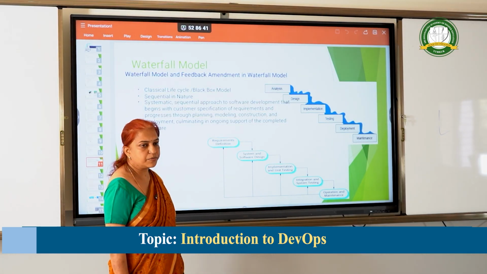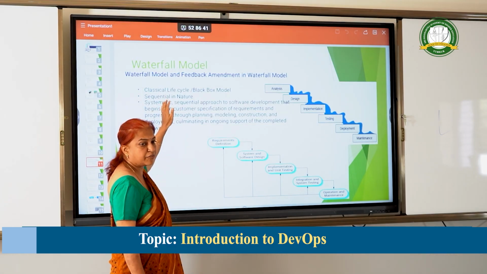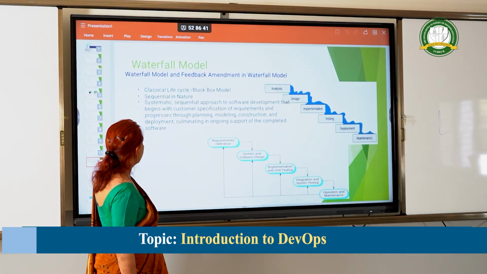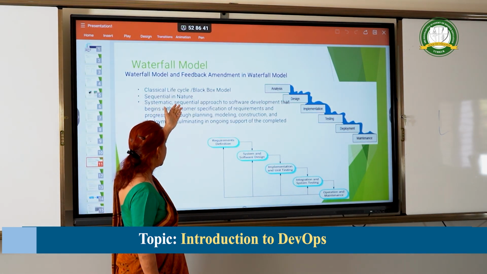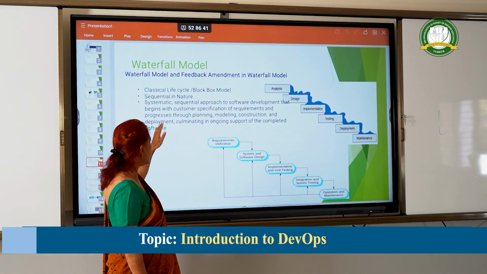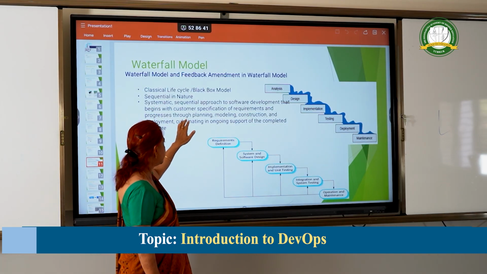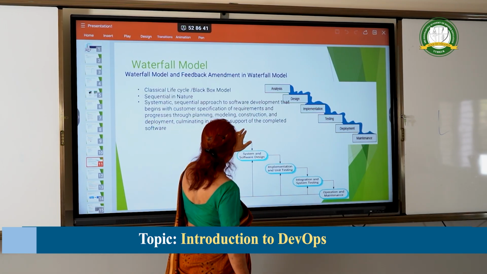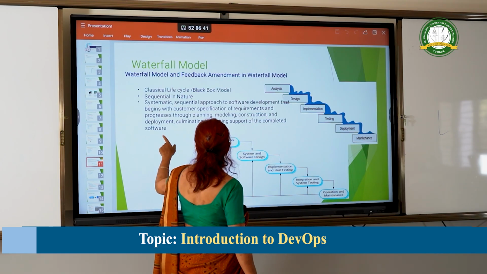Next we are going to talk about this, which completes our software development life cycle. Next we are going to talk about the waterfall model, and the feedback in the waterfall model. We will call it a classical life cycle or a black box model. Sequential in nature, it is a systematic sequential approach to software development that begins with the customer specification of the requirements and progresses through planning, modeling, construction and deployment,